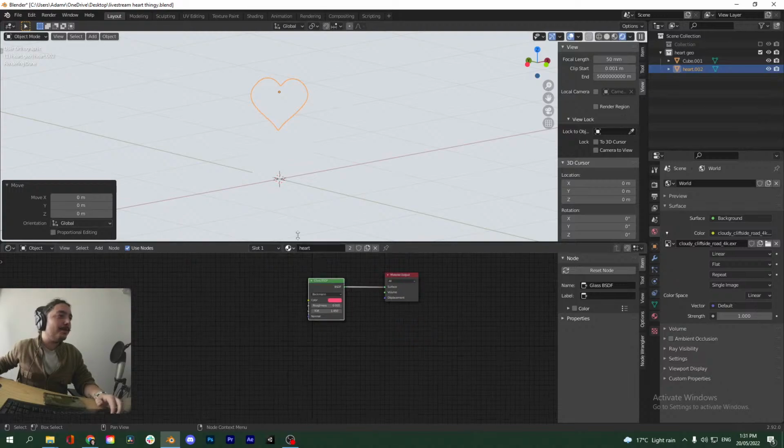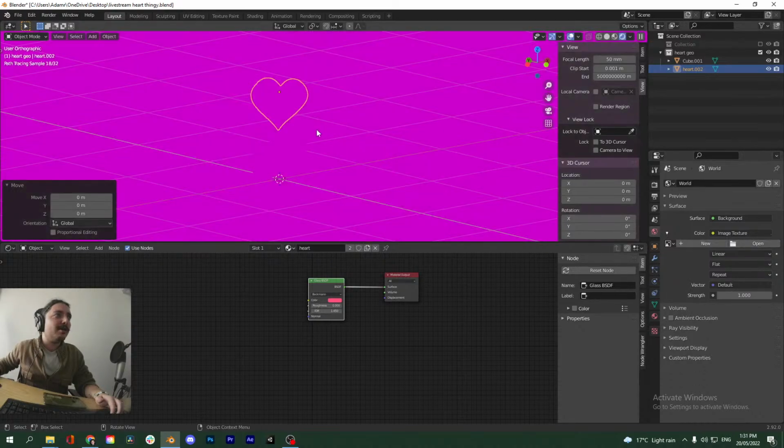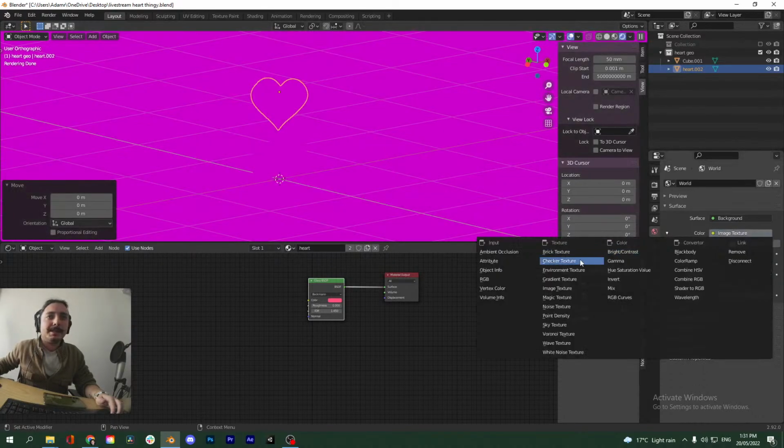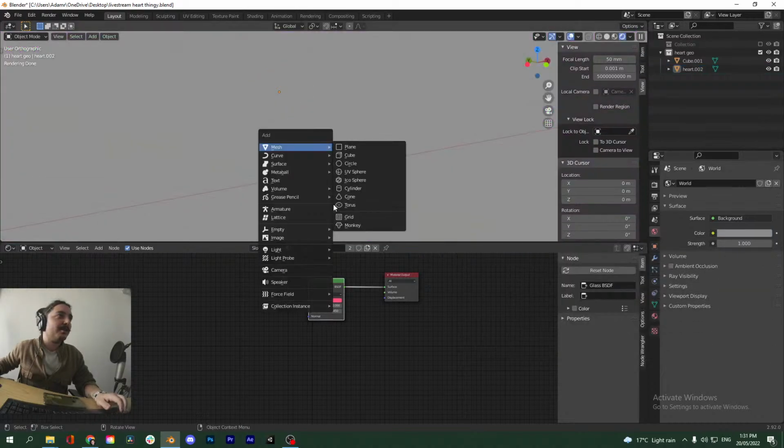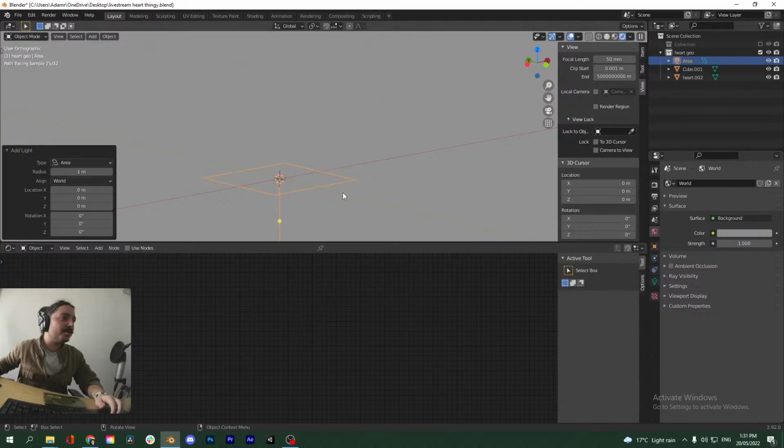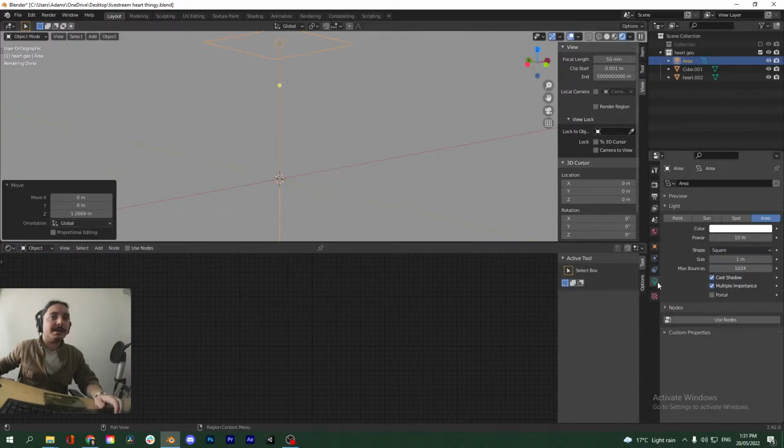So all the materials have kind of tweaked out. Don't know why. Sometimes you just want to pause and play again, see what's up. You know what? For now, let's just remove this HDRI and set this back to color. Let's just remove it. Now it's a solid color. Then we can just add our own light in the scene. Why don't we just make like a big area light?